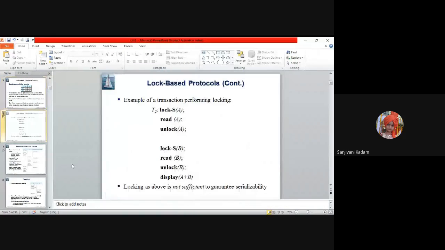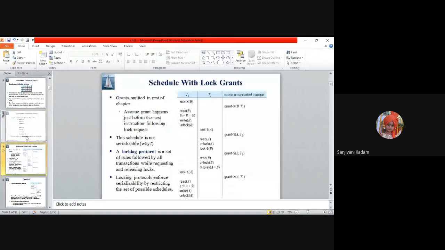Actually, we had not covered this. We directly jump to the next point, that is schedule. So schedule means that if multiple transactions are executing, there are various ways to execute the transaction. Schedule means that as time progresses, which operations are done on a database. So this is my transaction T1. This is my transaction T2, and here we have a concurrency control manager.